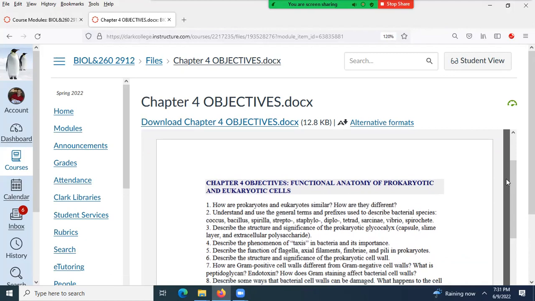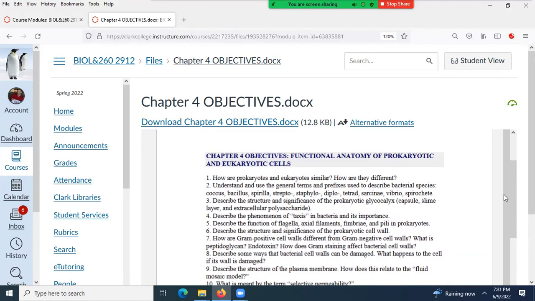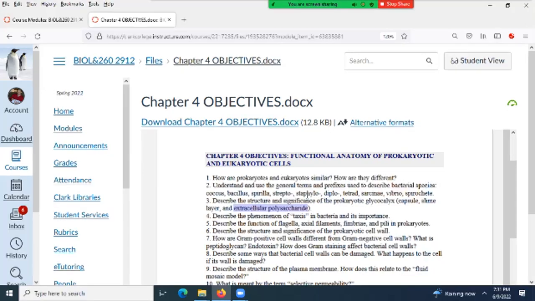You should know how prokaryotic cells are similar and how they differ. You should know the different terms for describing a bacteria like Coccus, Bacillus, Spirilla. Describe the structure and the significance of the prokaryotic glycocalyx. Understand there's 3 types of glycocalyxes, although I'm unlikely to ask you about extracellular polysaccharide. You find that only in,